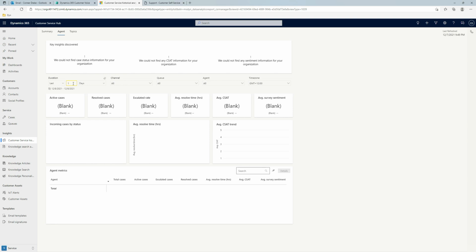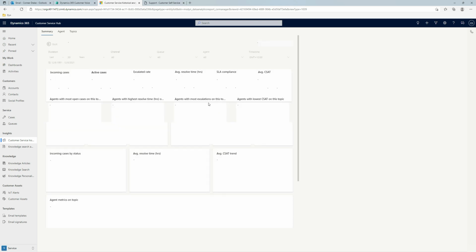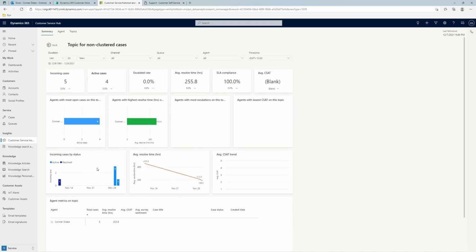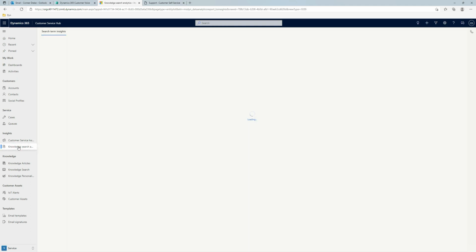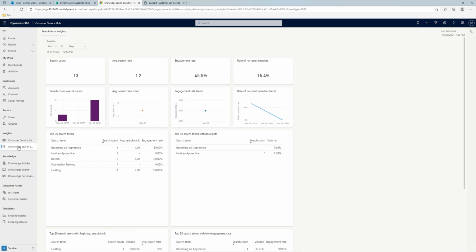If I go in here, I can narrow down by a period of time, by channel, by queue, by agent. So there's a lot of basic information that you get out of that dashboard that Microsoft makes available to you. We have a similar thing with the knowledge-based search. Much like we went into the knowledge-based article and it showed us how many views it had, we can do the same thing here, but get slightly more insight, showing you across the whole level what the